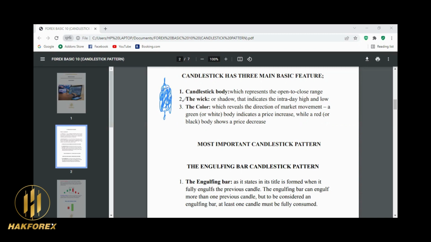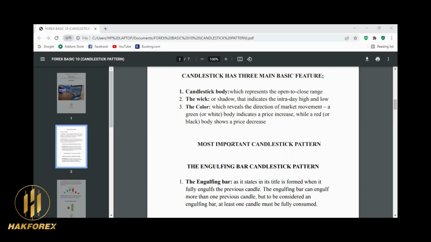Whereas if you have a red body candle, it shows the market is coming down. Okay, so that is for your candlestick colors. Now let's move to the most important aspect of your candlestick, which is your candlestick